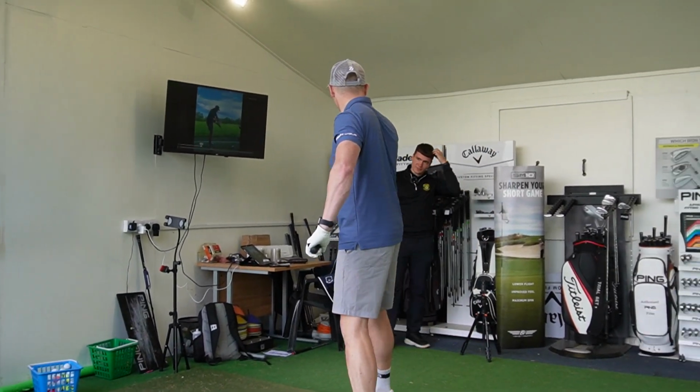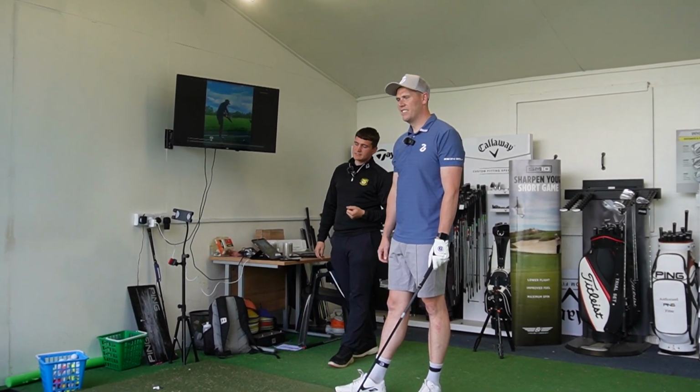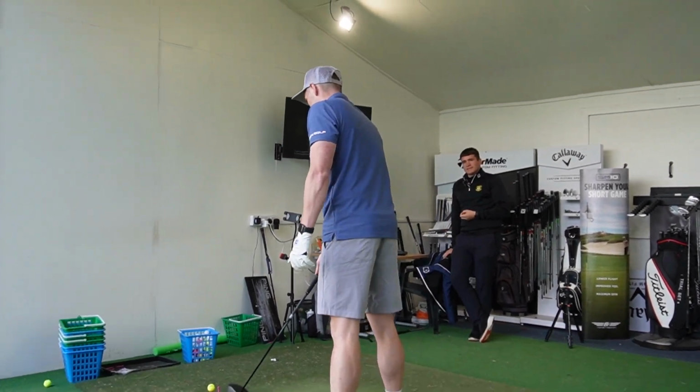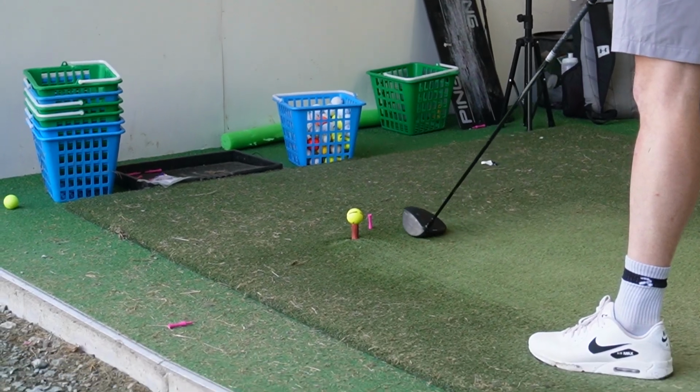You've got to be brave to do it at the driving range with golf balls, smashing balls down the side thing. Tees is probably a more economically viable way of doing things, rather than smashing Pro Vs down the range or something like that. So with where that's lying now,